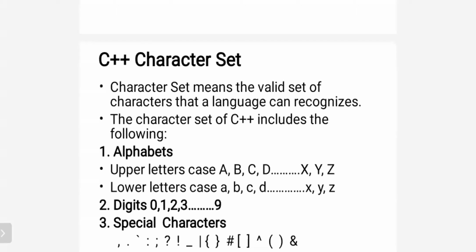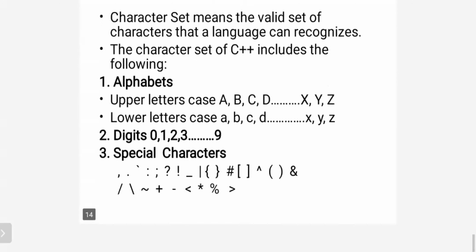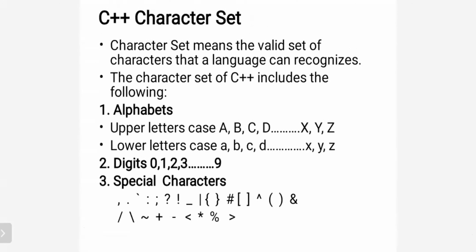So here the C++ language has three sets of characters. How many sets of characters does C++ have? Three. The three sets of characters are, first, alphabets. Alphabets means either uppercase alphabets or lowercase alphabets. You know the meaning of uppercase and lowercase, right? Uppercase means capital letters, lowercase means small letters. So C++ has either uppercase or lowercase alphabets from A to Z. All the letters, uppercase or lowercase, are valid characters in the C++ language to implement the program.